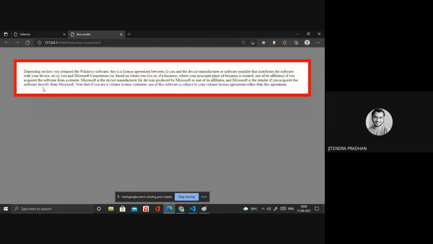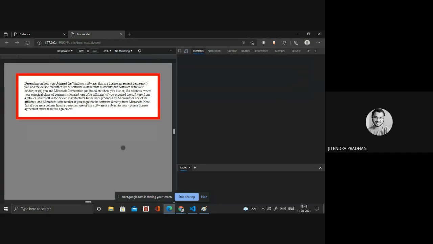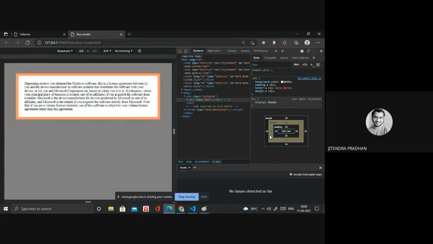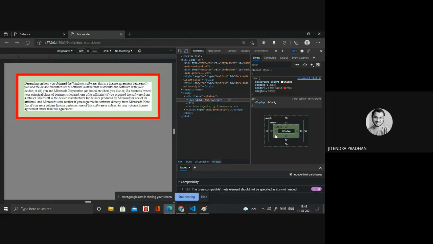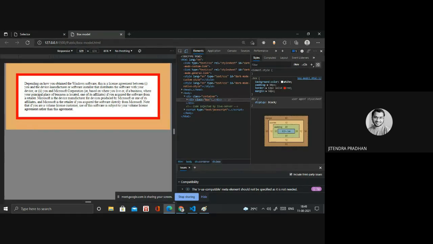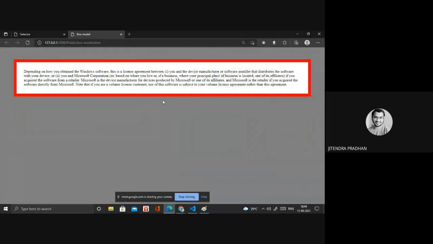Okay, I will show you in inspect. I will go to inspect, then I will show you other options also. You have to understand better. Okay, have you observed that one? We have padding. This one is the content. Okay, this one is the padding, and it's the padding box. Okay, and this one is the border, and this one is the margin. Okay, so what are the properties we are using in CSS for padding, margin, and border?